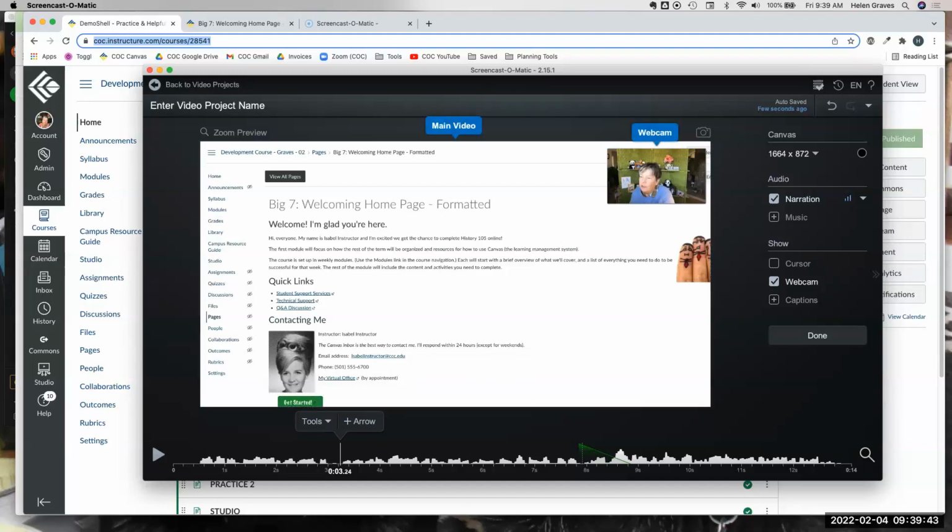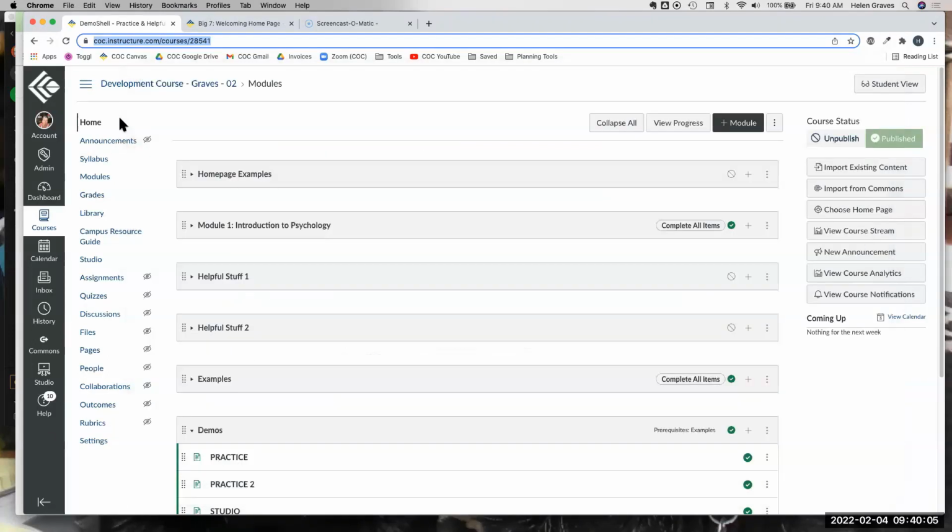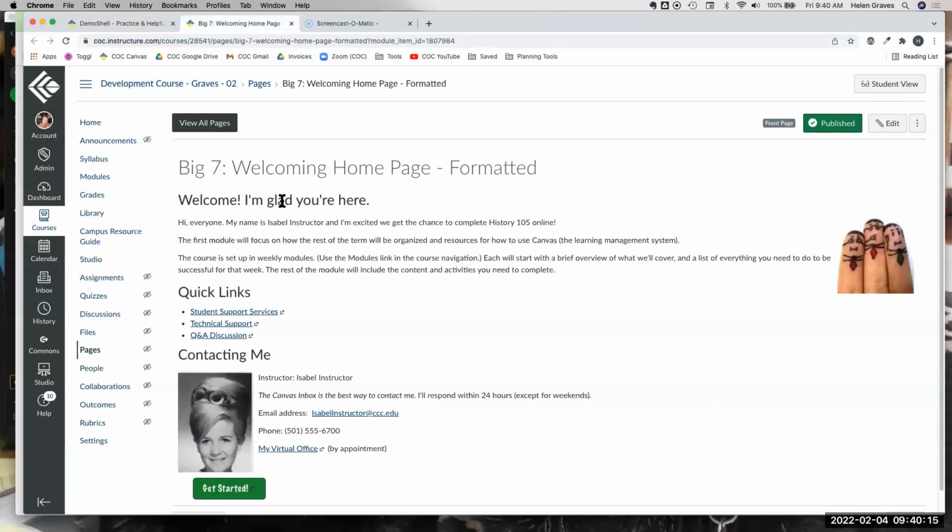And here's your homework. Make a short recording, different from the little practice one you did here. Don't worry about it being perfect. Just be sure to add a few specific elements so that you can practice with the various tools. So here's what your recording is going to do. If you've got a mic, be sure to include narration and record at least 2 windows, meaning you're recording, say, your modules area and then also another page, or you're doing 2 different slides or something so that you can